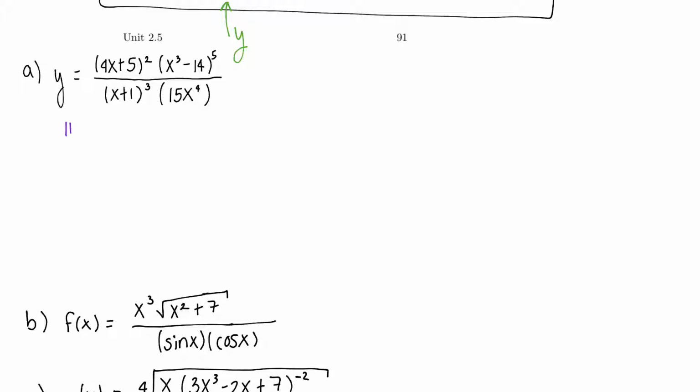If we take the natural log of both sides, so we have ln y equals, and then this thing expanded, once you've taken the natural log, 2 ln of 4x plus 5 plus 5 ln x cubed minus 14. And then both of these are in the denominator. They're going to get minus signs. So minus 3 ln x plus 1 minus,